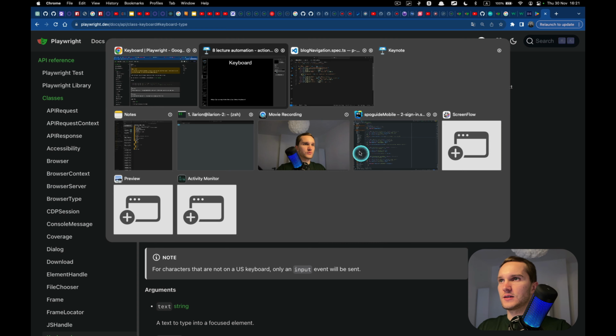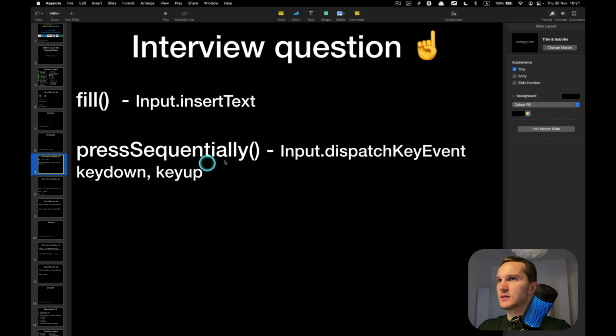All right, and now let's discuss an interview question, which has been asked since forever, since Selenium was born. Usually most frameworks have two methods for inserting text into the input, or maybe even three.